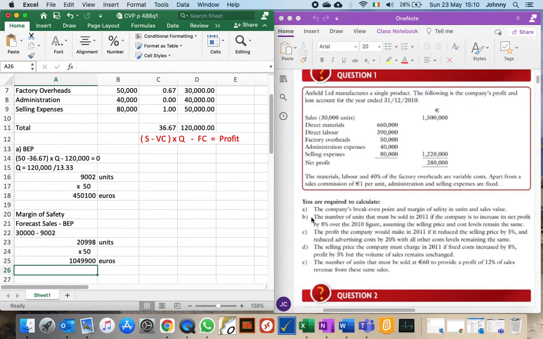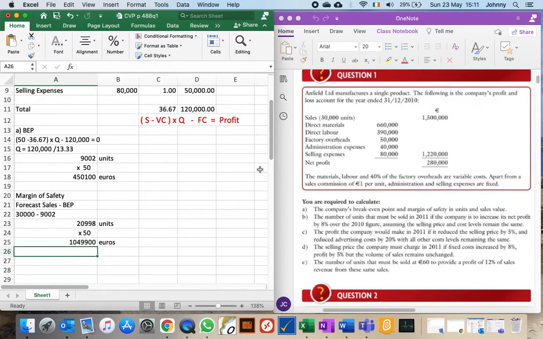Now for part B down as far as part E, what you need to do is use the same formula we have here in red, and we just change what is the unknown that we're looking for in each case and put our numbers in. And it's always compared to the opening situation that we're given, the numbers we've already calculated. So for part B,